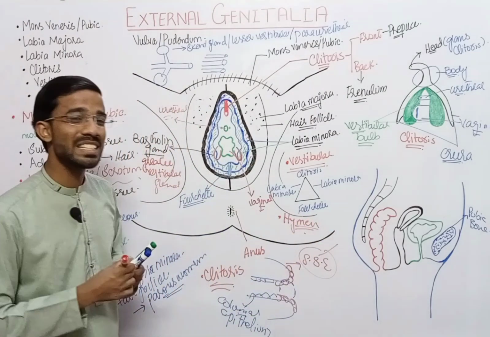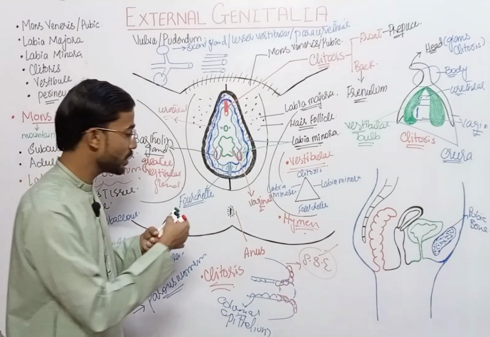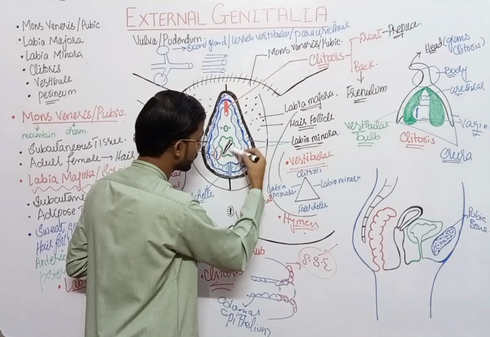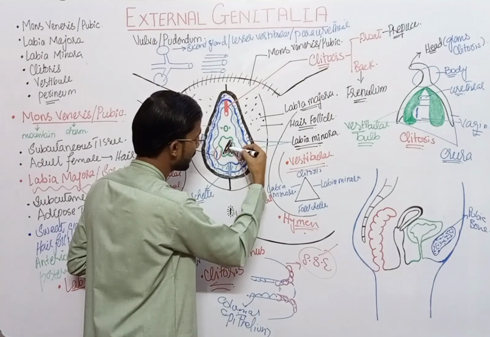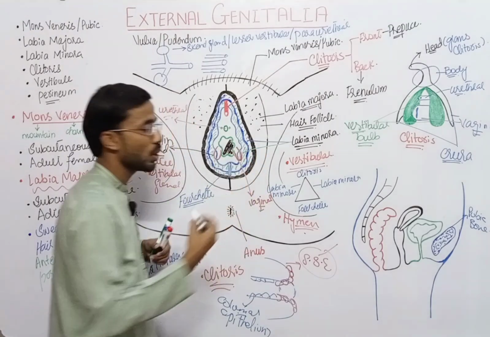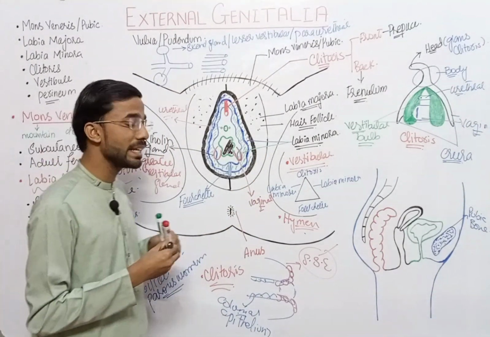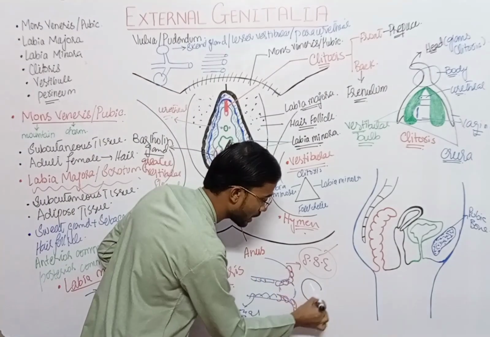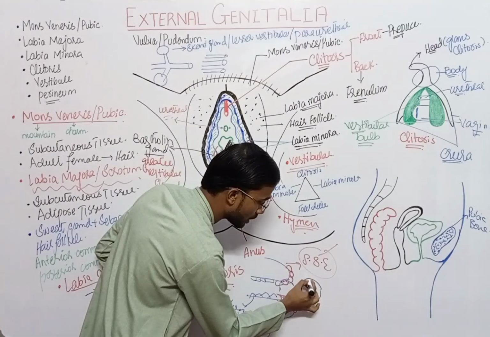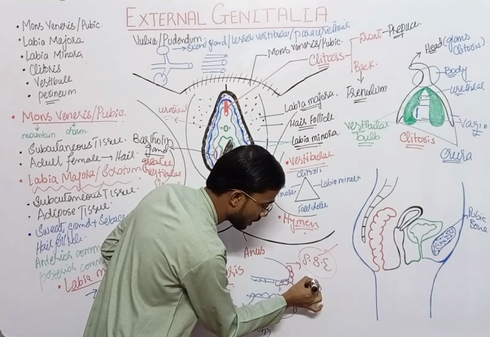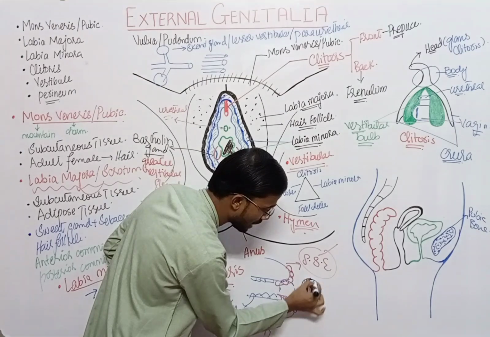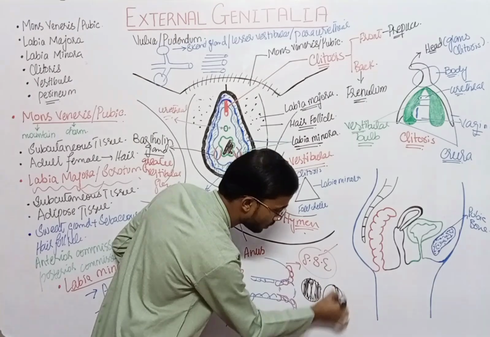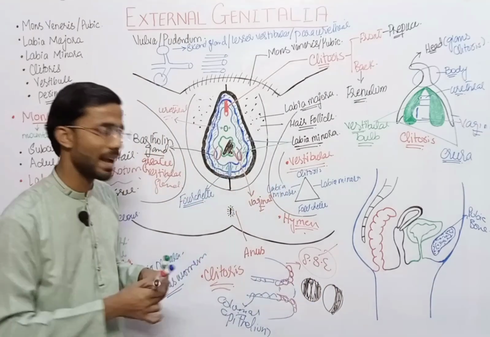The hymen is basically a membrane, a mucous membrane, which covers the vaginal introitus, and it is present in different forms. It can be crescent shape, like this is the vaginal opening, and it can also be present in a different shape like this way. It can be crescent shaped and circular.